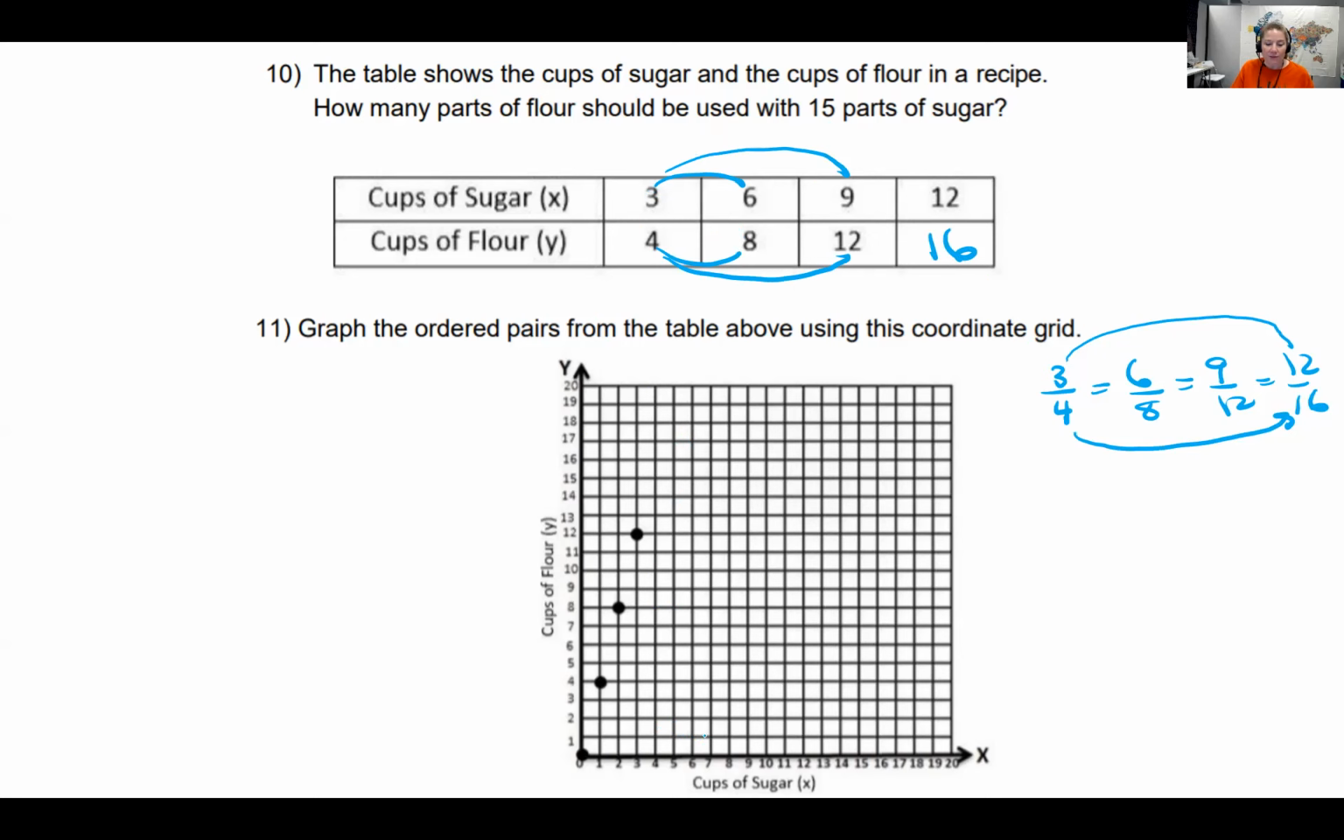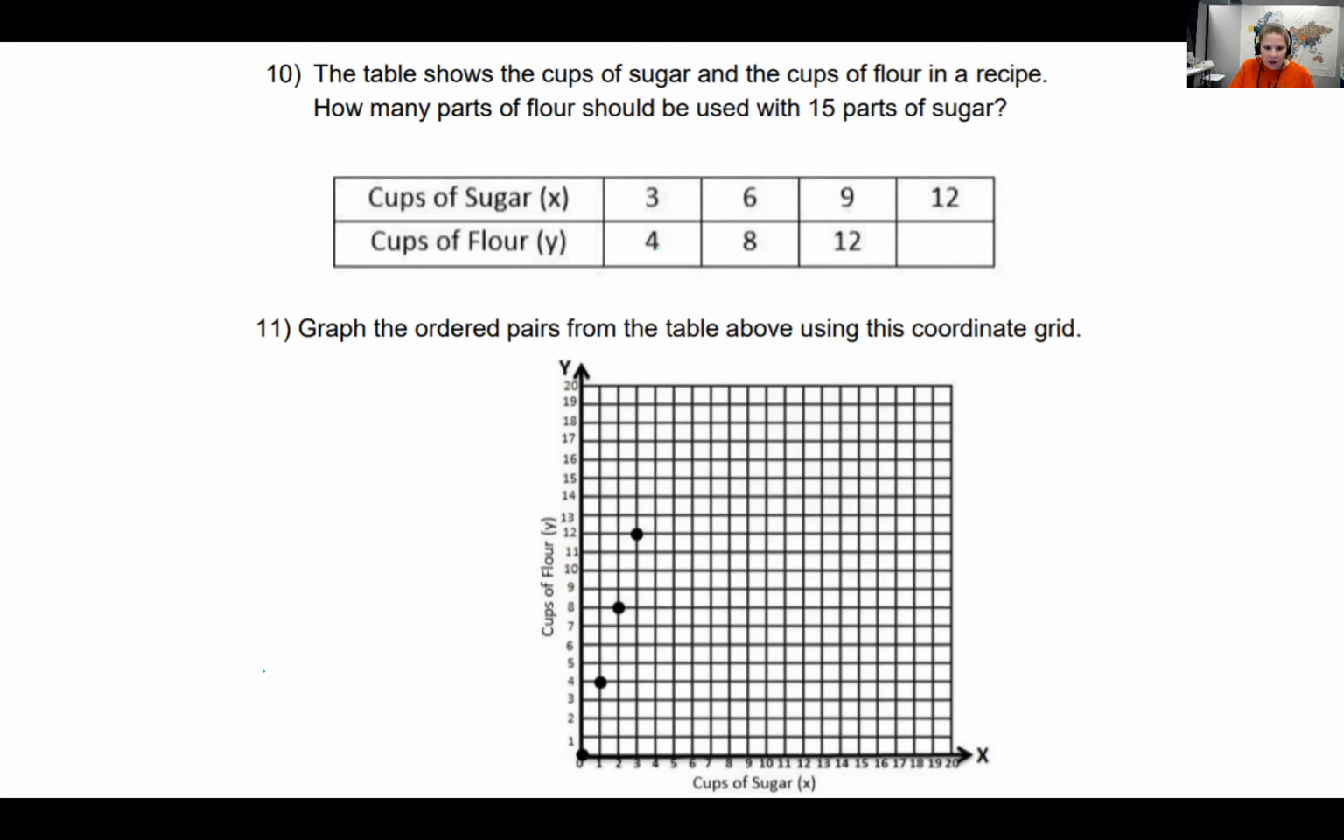All right, number 11, graph the ordered pairs from the table above using this coordinate plane. All right, so we have 3 and 4. So as an ordered pair, we would write X comma Y. So 3 cups of sugar goes with 4 cups of flour. So right there. The next one would be 6, 8. So we're going to go right 6 up 8